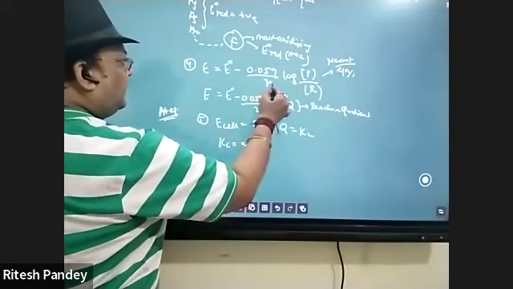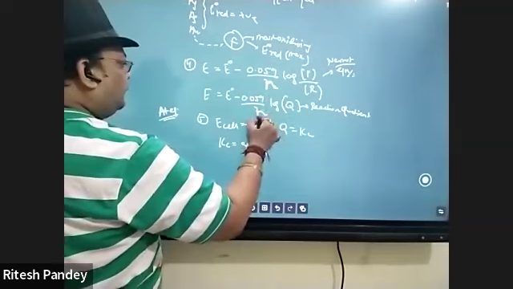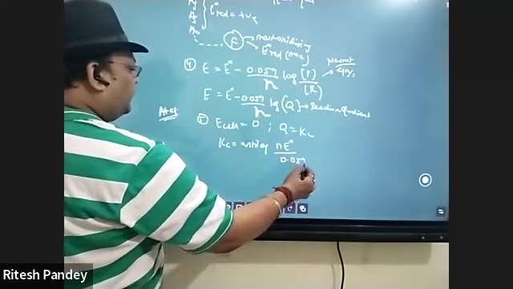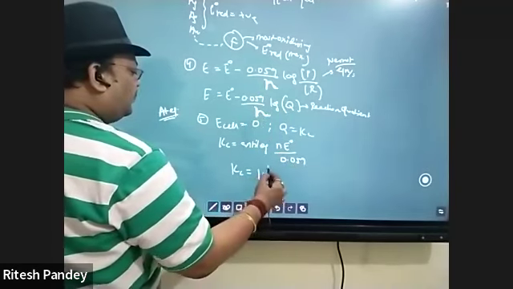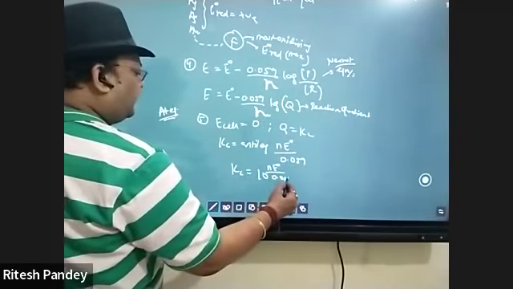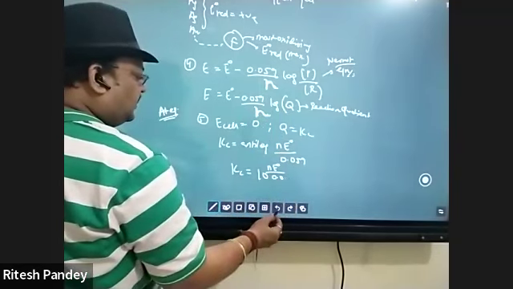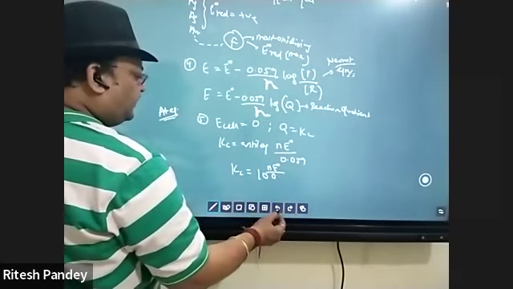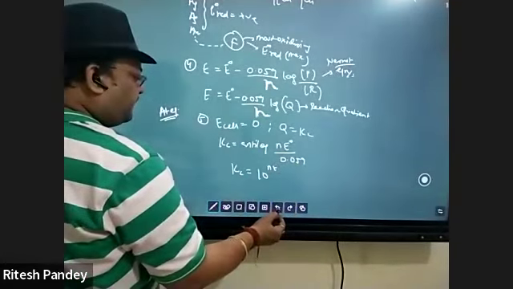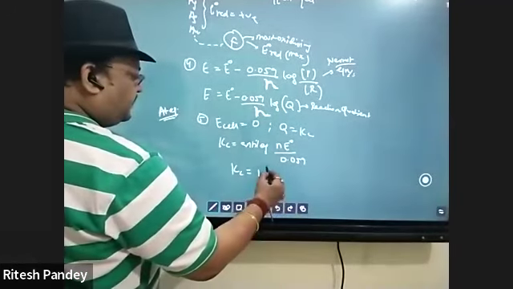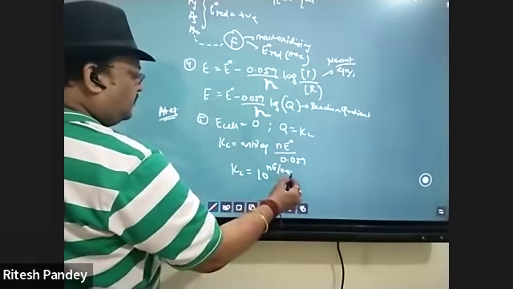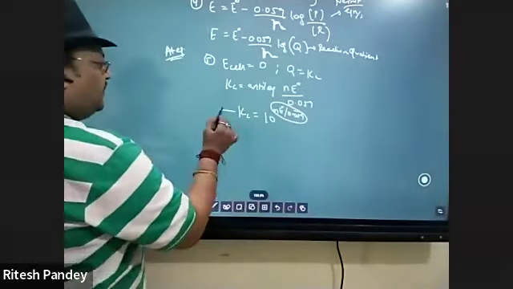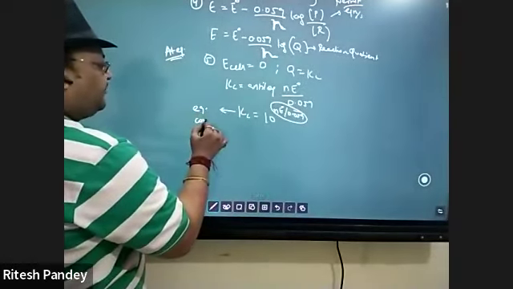Now this is generally, and I don't know why I'm writing 2 here, because maybe I'm most used to writing 2 here, antilog n E naught upon 0.059, and there's again such a common result. Kc is equal to 10 to the power n E naught upon 0.059. I think I'm being understood. Anything which you don't understand, you can ask me, but other than that, we'll want to move at some pace. So I think all of this is known to you. This is how you can get Kc, the equilibrium constant,